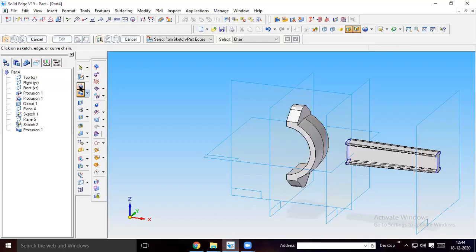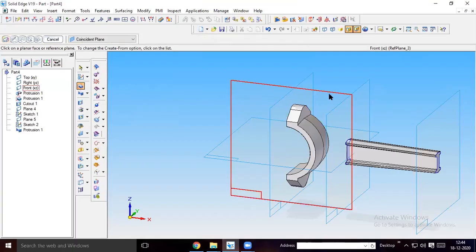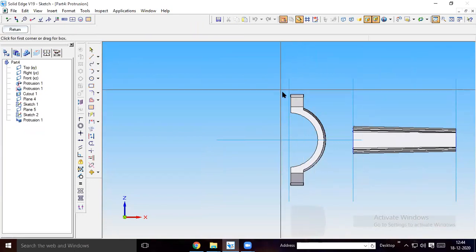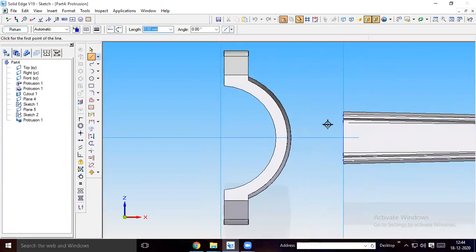So what I will do, go to normal protrusion, select the front plane. Okay, then from the end point of this point, draw 32 mm at 90.